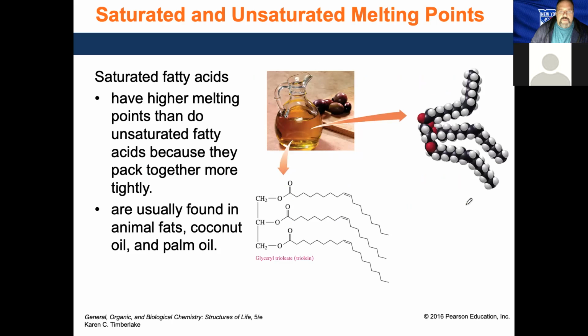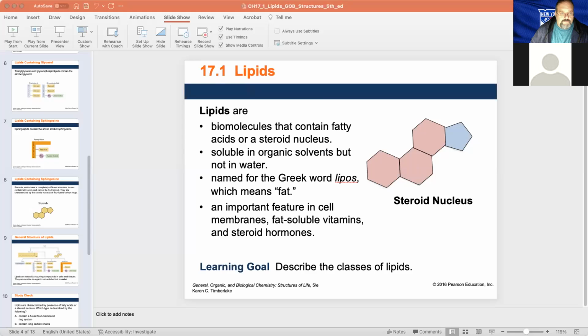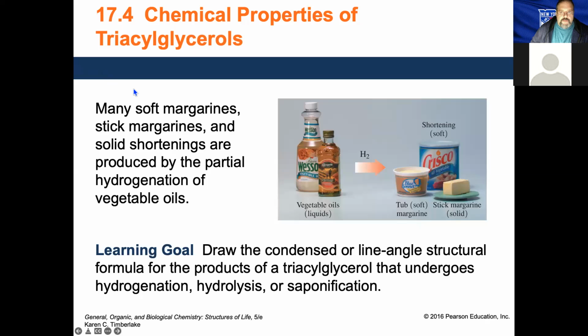All right. So we talked about the saturated and unsaturated melting points. That's a little bit about that. Let's look at some of the reactions. Chemical properties. Okay. All right, so let's look at some of the reactions, some of the properties of